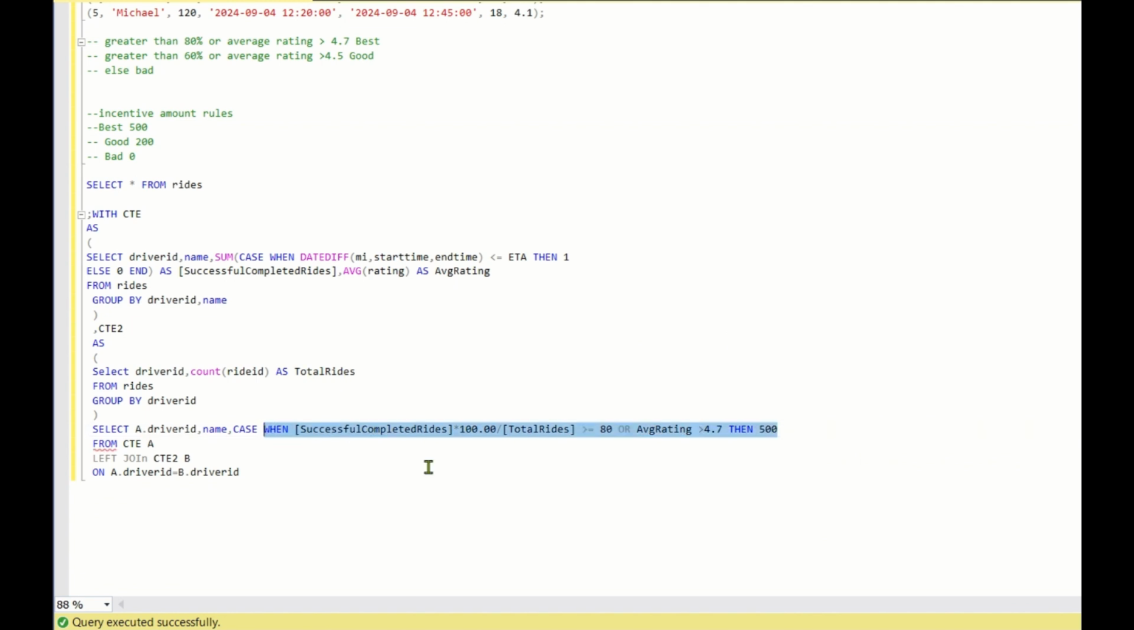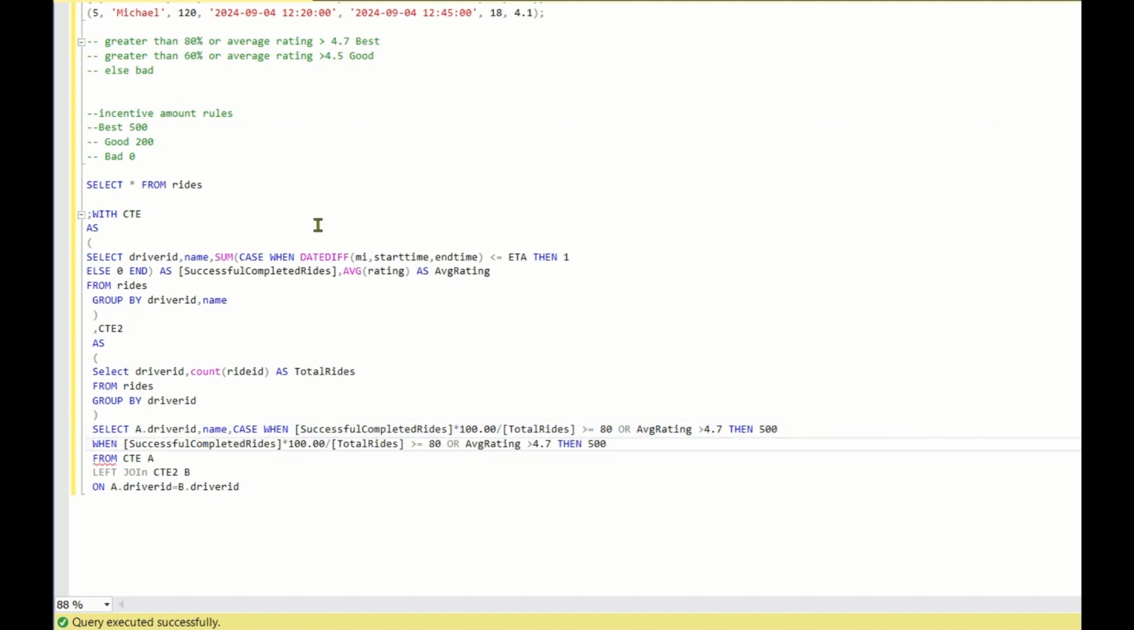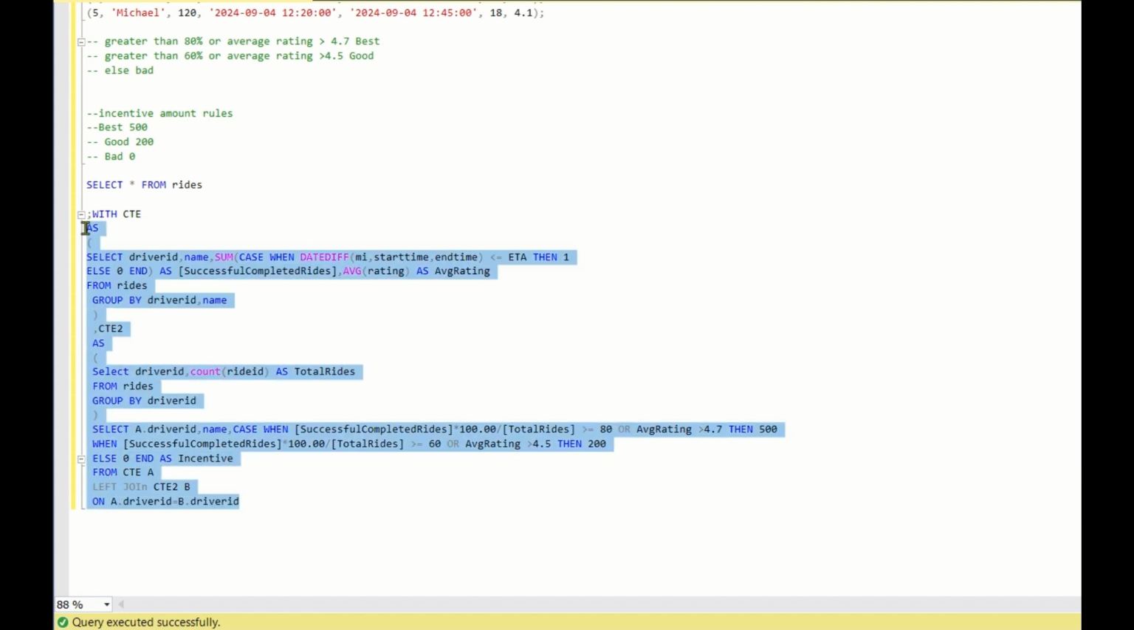Okay, and next, if this scenario does not match, then we'll check greater than 60%. So here instead of 80 we'll use 60, and average rating greater than 4.5. Then for good we'll give 200 incentive, else 0, as incentive. Okay, now if we run this,